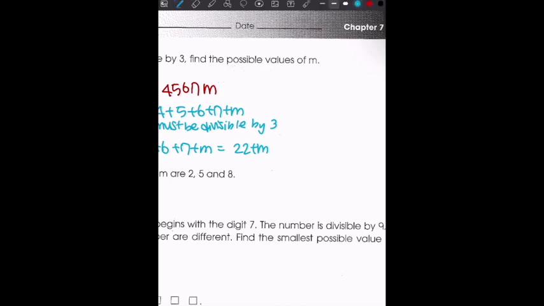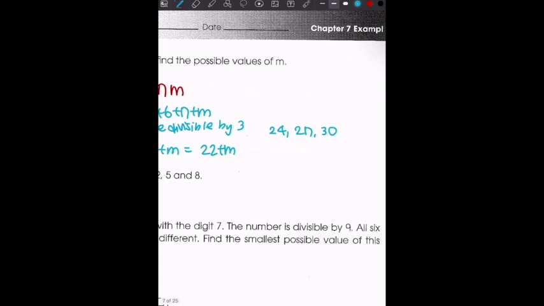And so we're going to look for multiples of 3 that are greater than 22. So multiples of 3 that are greater than 22 are going to be 24, 27, and 30. Of course, there are more, and also 33, but since m can only be from 0 to 9,